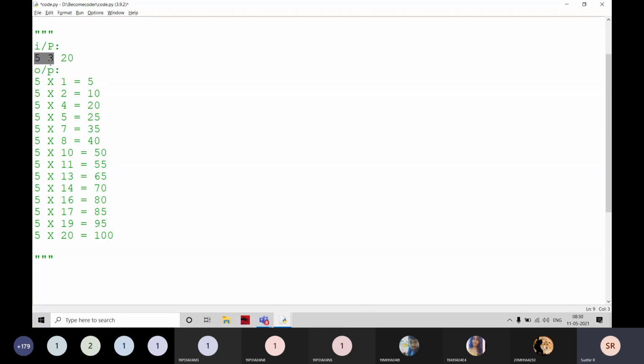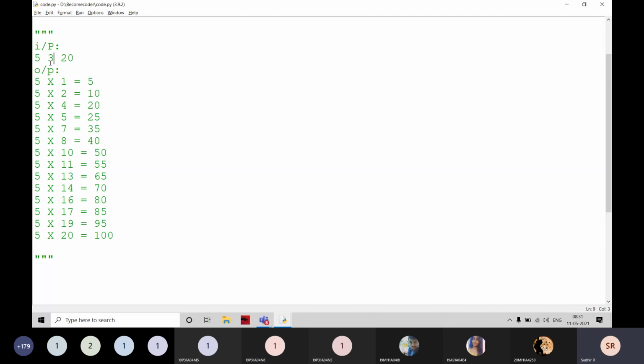Not exactly that; we have to use R1 and N here, not the fixed 5 and 3. Those are not static values. For example, if I give 10 and 2 here, you have to work on these two values. The 10 table values which are exactly divisible by 2 are not going to be printed here.